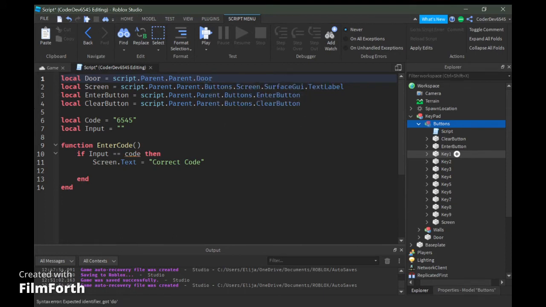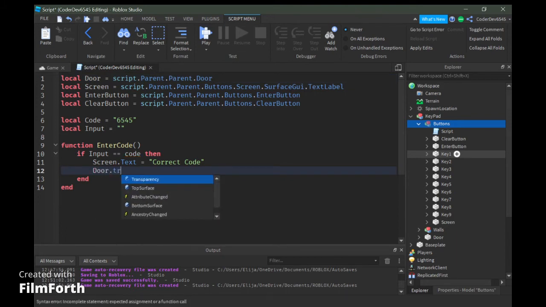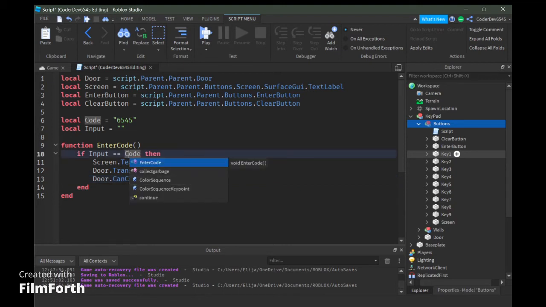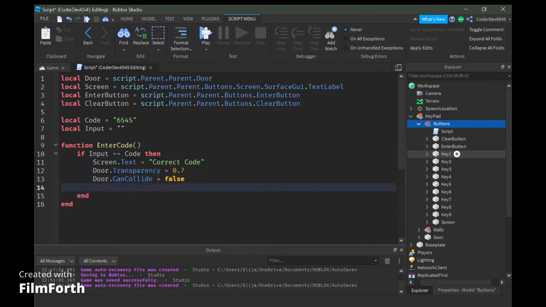And never mind, add two parents. Then type in door.transparency equals 0.7. And then type in door.canCollide equals false. So now the door will become slightly invisible, and whenever we are done, it'll go back to normal. So now type in wait,